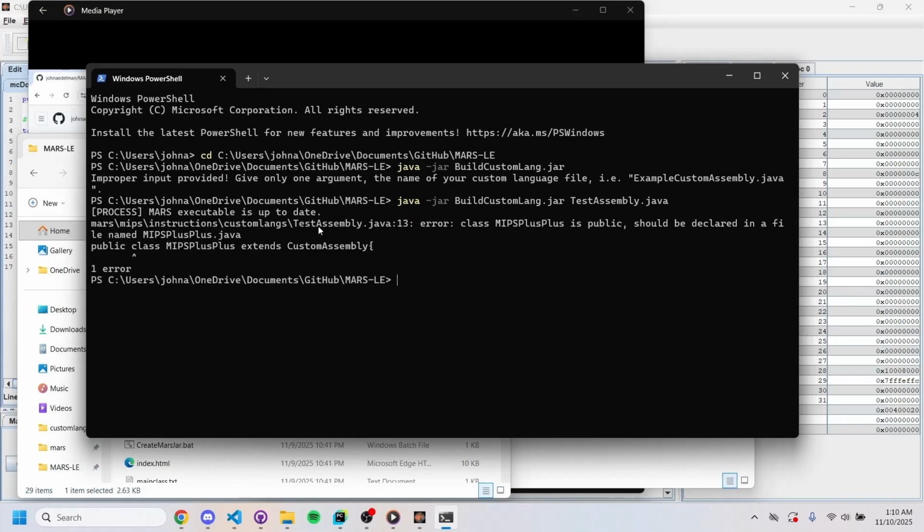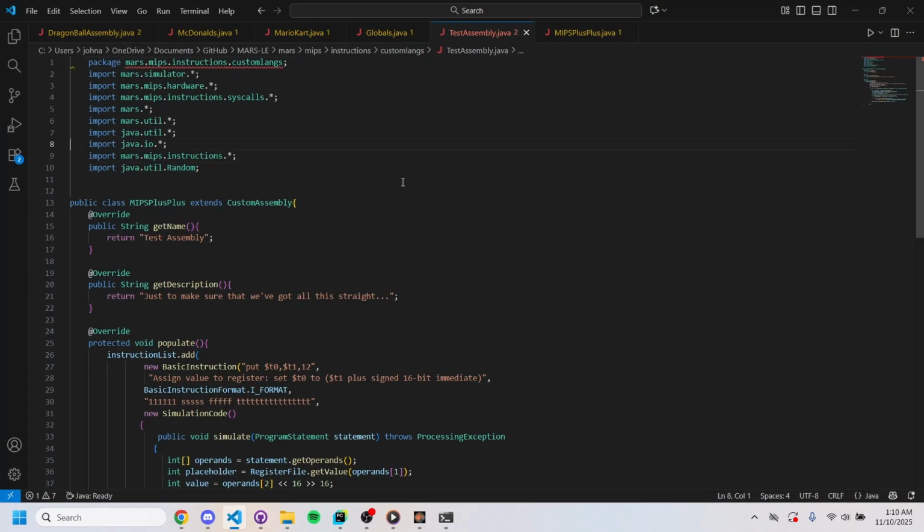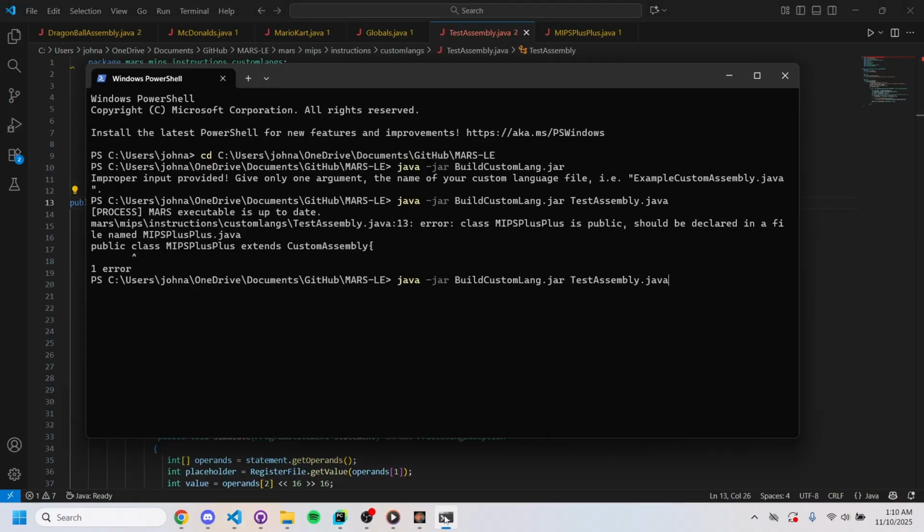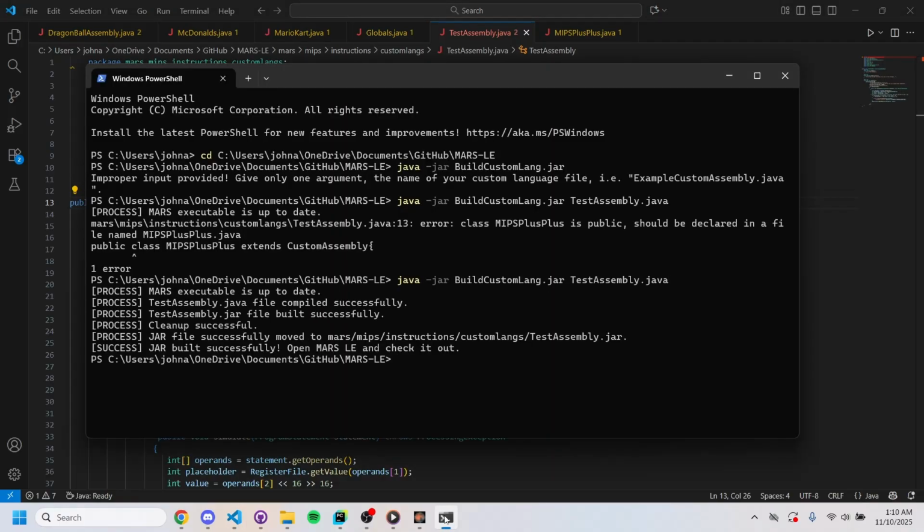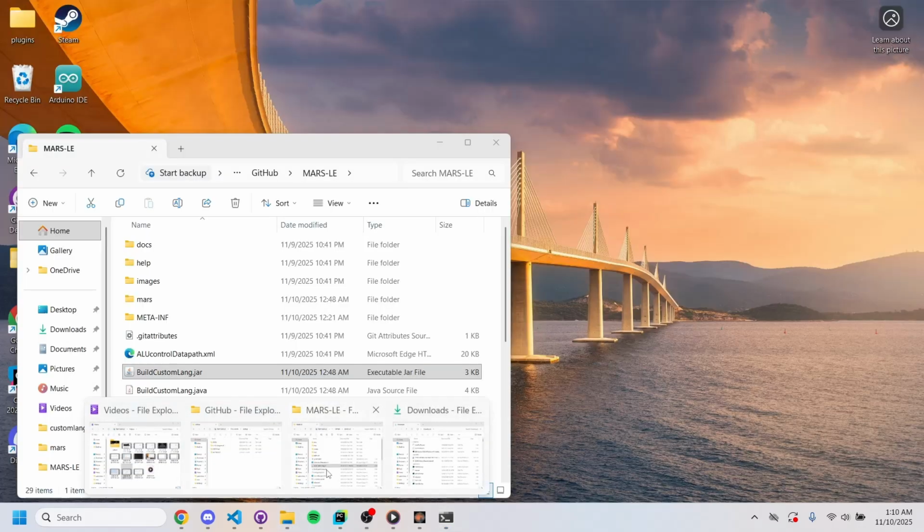It looks like, oh, well, there's an error because we forgot to change the class name. Good demonstration of the error handling capabilities of that thing. Assembly, save again. Now let's see. Yes, okay. So it will tell you if there's any errors, but it looks like everything has gone successfully. And if we look at our,